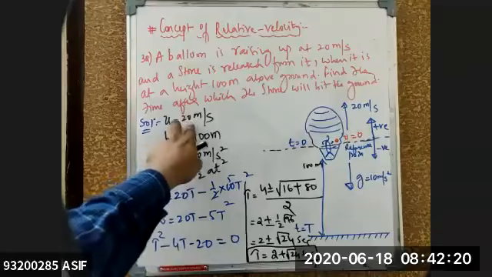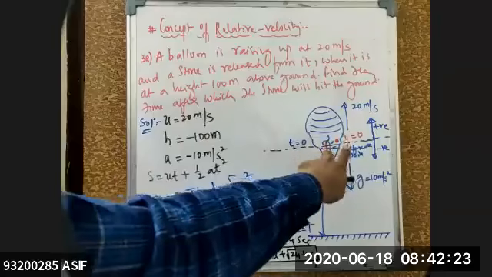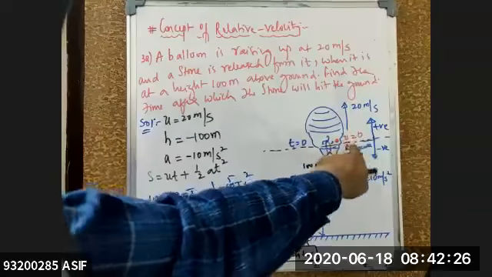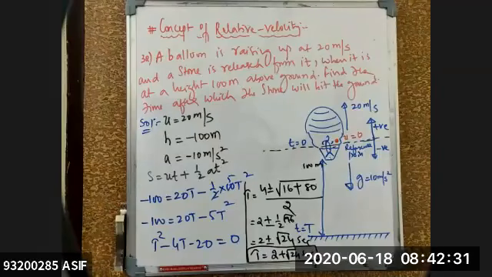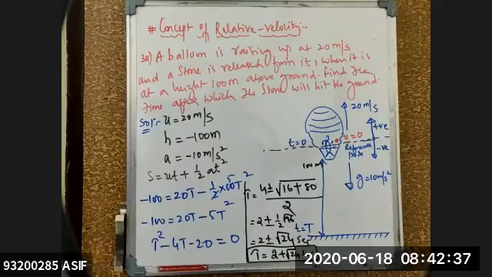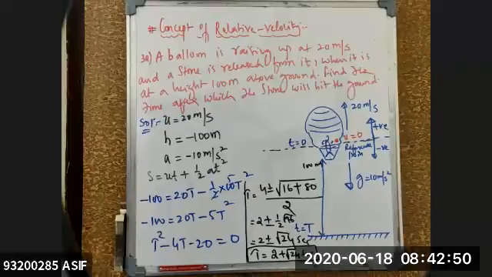Now see here, the velocity is 20 meter per second. When a stone is dropped from the balloon, the stone will also get the same velocity as that of your balloon, beta. Like, you might have traveled in trains. If you take your kerchief and keep it in the window with your hand, initially that body will try to move with the velocity of the train. For a fraction of a second, it will try to move with the velocity of the train. Then it will try to move in the backward direction.